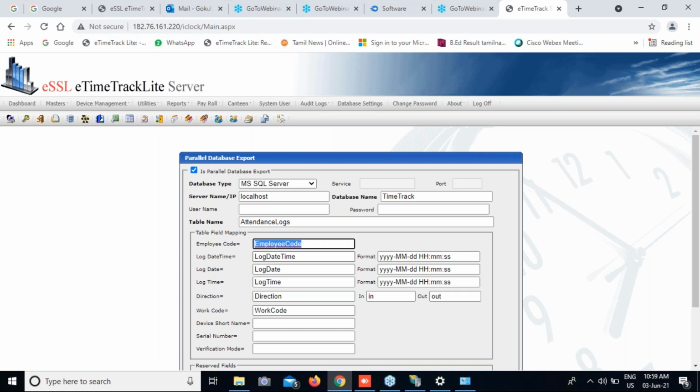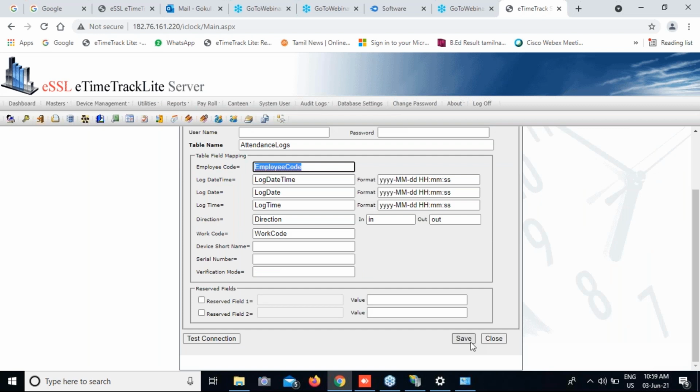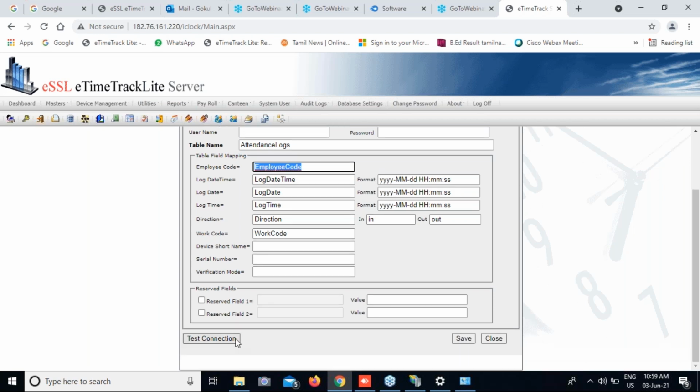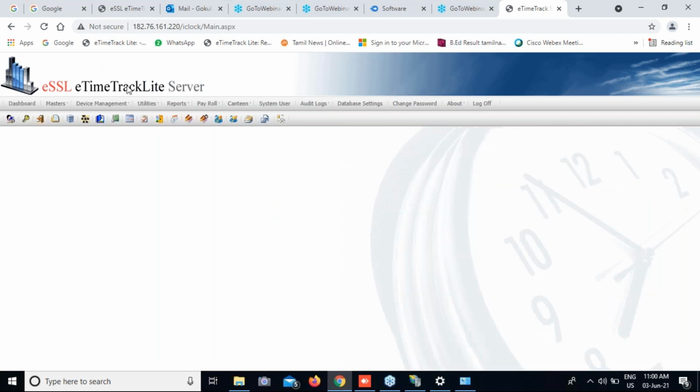These are all the fields data we can give to the third party database. After giving this, if it is proper, it will show connected successfully. After the connection, it will successfully dump this device data into their customer database. This is the parallel database option.